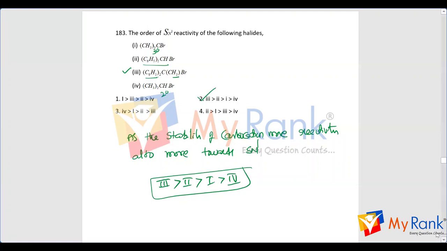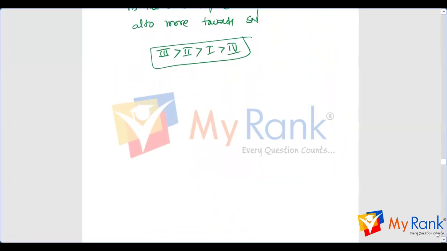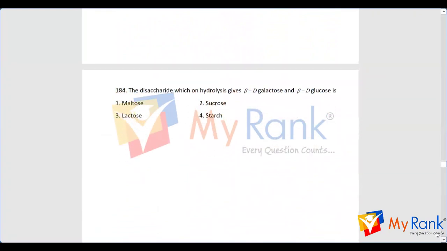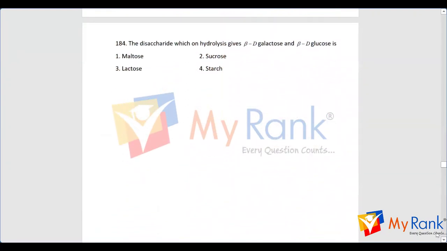Next one is question number 184. The disaccharide which on hydrolysis gives beta D galactose and beta D glucose. So here, when lactose, C12H22O11, is subjected to hydrolysis, we get two units. One is beta D galactose